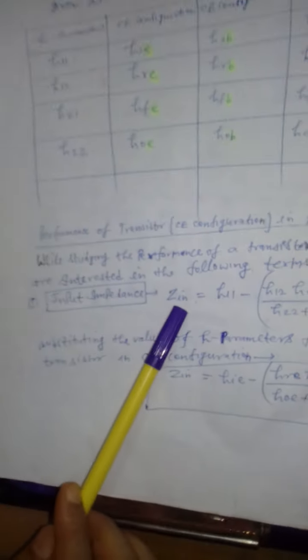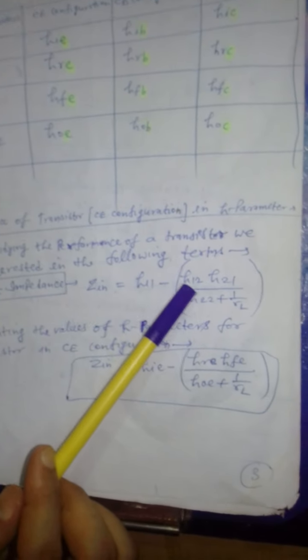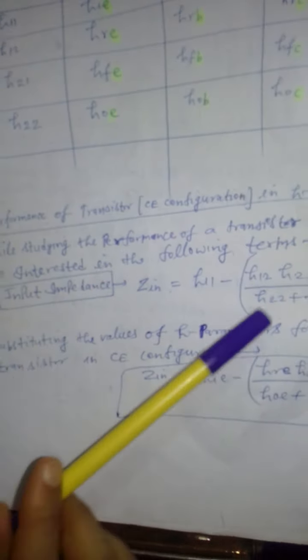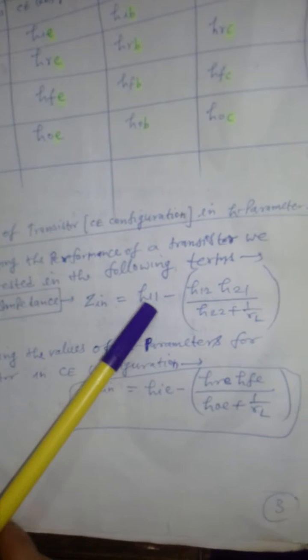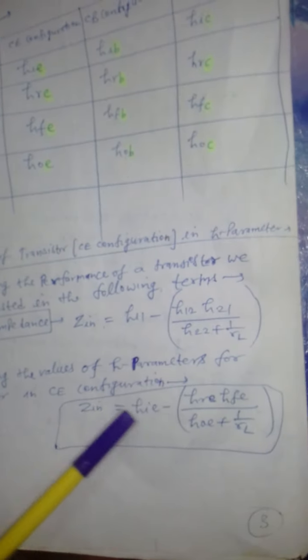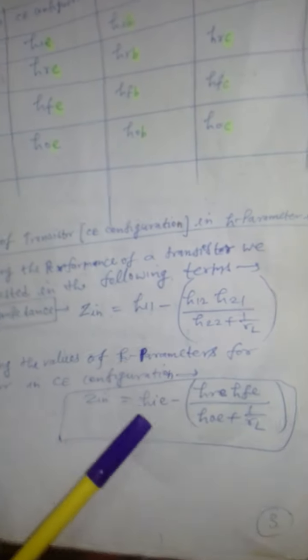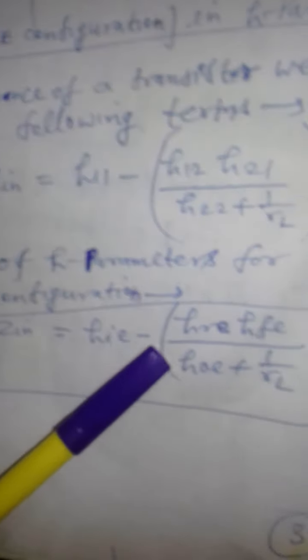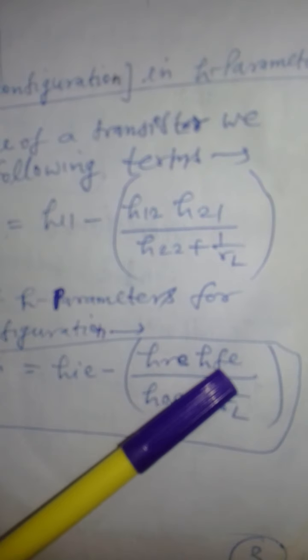While studying the performance of the transistor, we are interested in the following terms. Number one, input impedance. Input impedance is given by Zi. Input impedance is equal to H11 minus H12 H21 divided by H22 plus 1 by RL. So for common emitter, if you replace these parameters H11, H12, H21 by their respective symbols, you will get Zi is equal to Hie minus Hre Hfe,